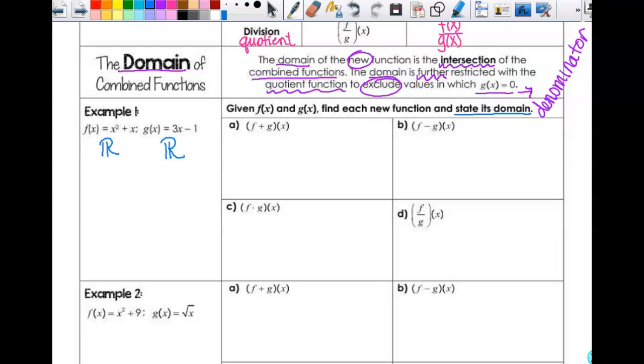So the first thing I'm going to do is f plus g of x, so that is going to be equal to f of x, which is x squared plus x, and then plus g of x, which is 3x minus 1. Anytime you substitute something in with more than one term,